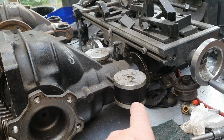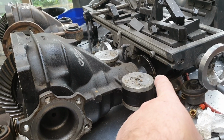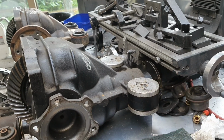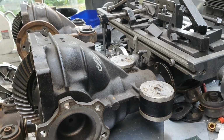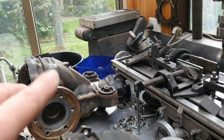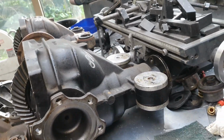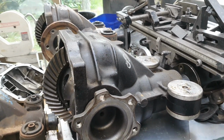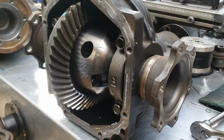solid bushes, which I've made up, and we've changed to a different, oh no, that is correct, that's what they have on them. The back one we've changed to a CV joint style flange, which is what you see on this one over here, which is not the back diff. And I've taken a wee notch out of the casing just to give us some clearance over the top of the steering rack. So that has a ratio of